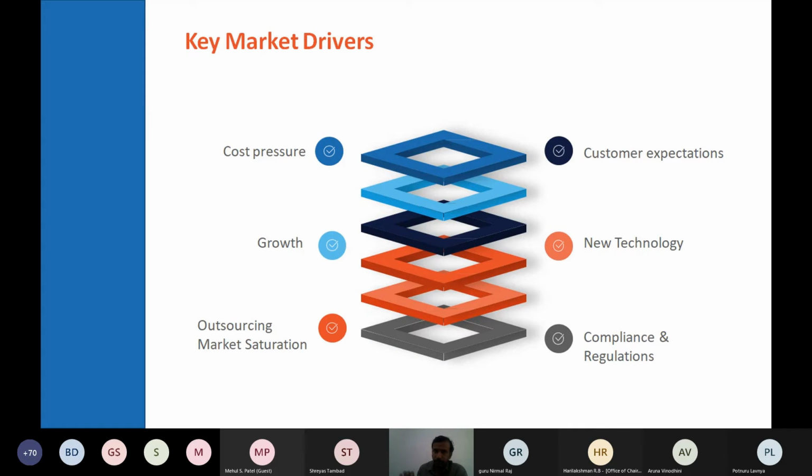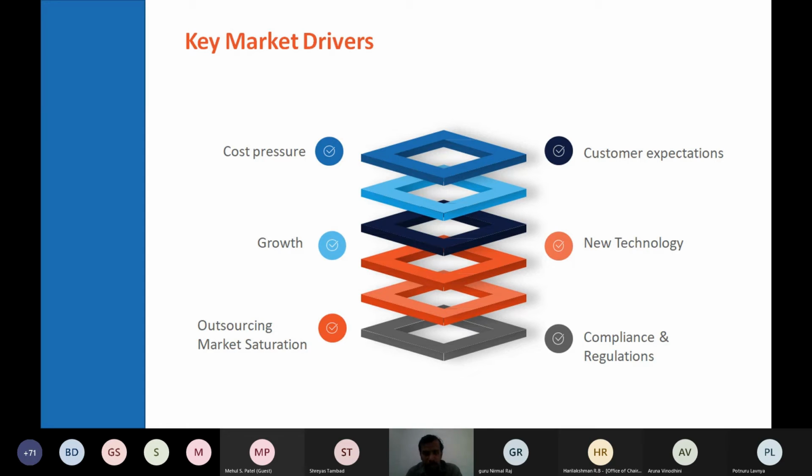So when we are trying to implement a new technology, a new software into a firm, a company, there are certain things that need to be addressed, certain questions to be answered. Like when I bring a new technology, new software into it, what are the cost pressures it brings along with it? Whether this technology will help in our growth, whether I can use this technology to make a product and outsource my product, whether I can meet the customer expectation.